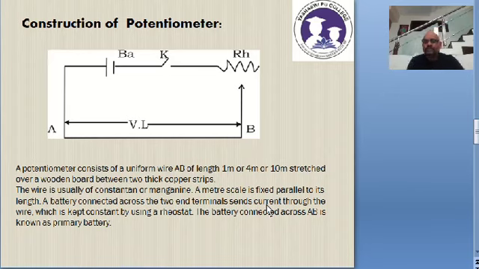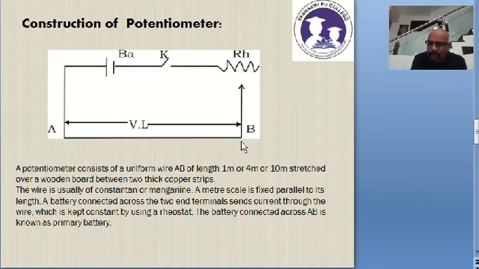Now just listen. Suppose this battery is providing 20 volts. The meaning is very simple, dear students: if the battery is supplying 20 volts, that 20 volts is dropped between A and B. Suppose the battery is giving 40 volts, then the entire 40 volts appears between A and B.